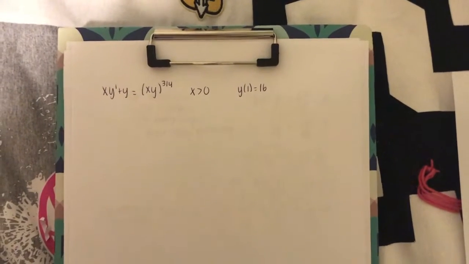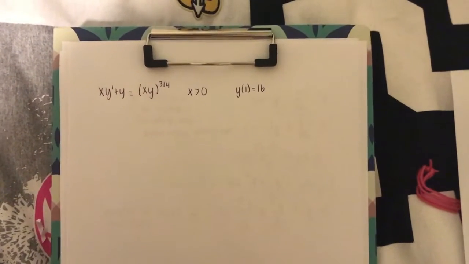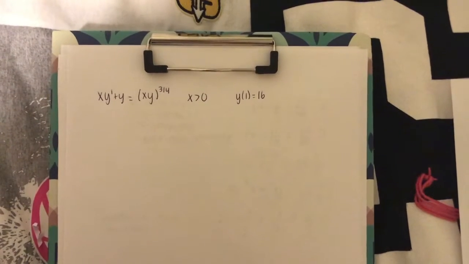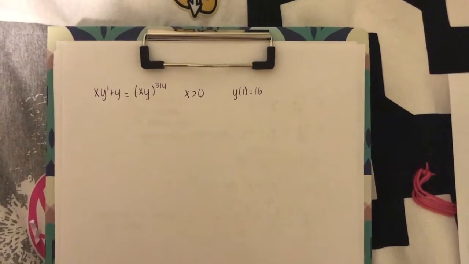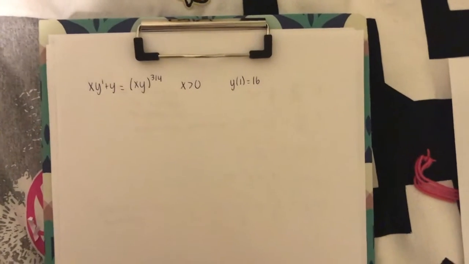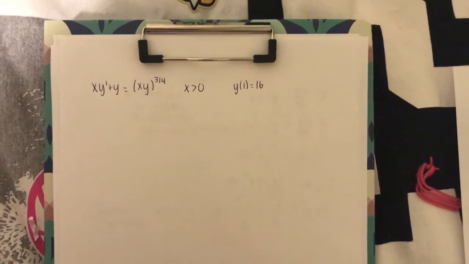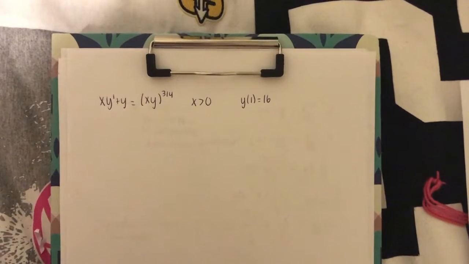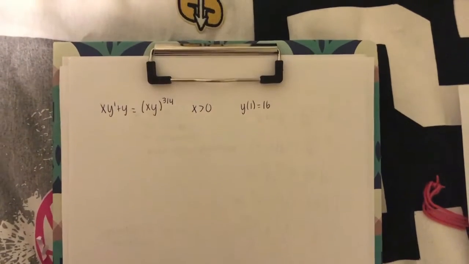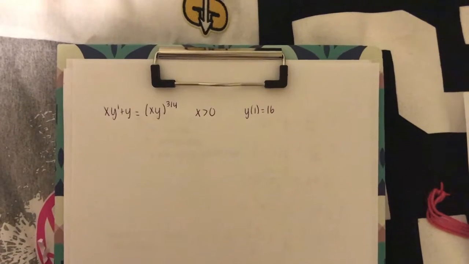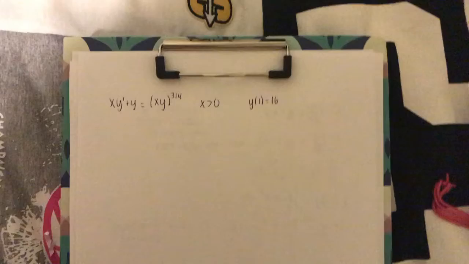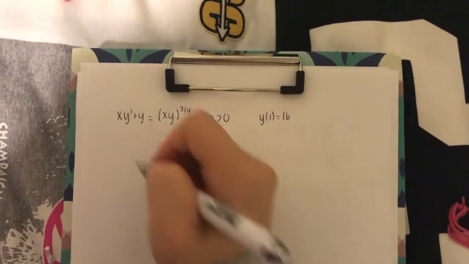So the first thing I'm going to do in this situation is note that it is first order, and we can see that it's not linear because y is to the 3/4 power. Now, if we can make this equation look a little bit differently using Bernoulli's method, we can turn it into a linear first order differential equation, and we know how to solve that using an integrating factor. So let's first start